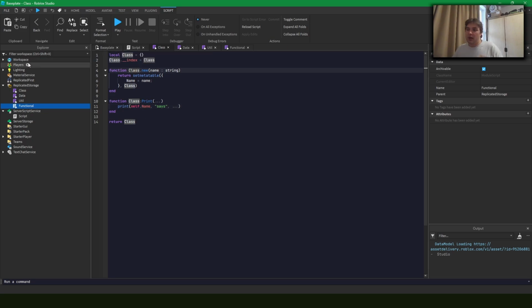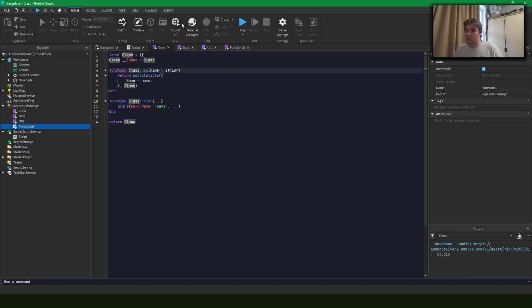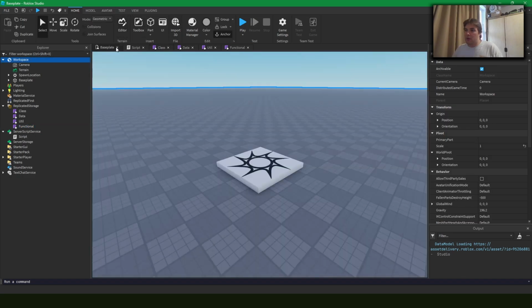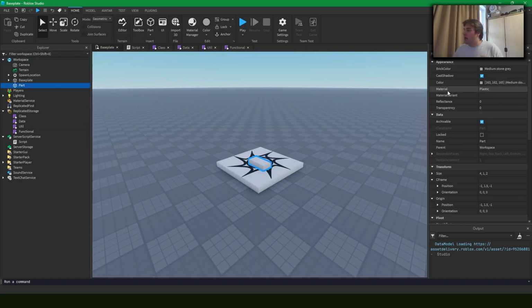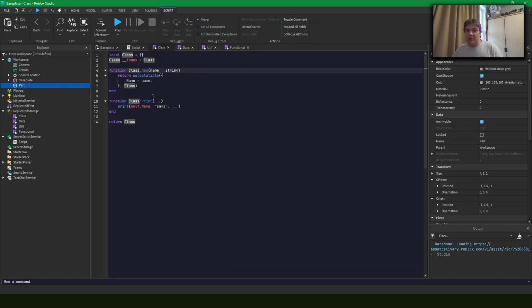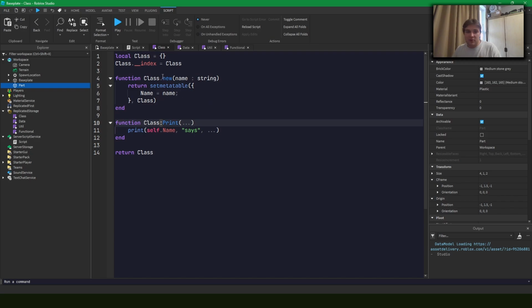So essentially, like a part in the workspace, a module script can have data like a name or a transparency or a size, all of that, but we represent it with code. This also brings up a key piece of module scripts, which is the difference between here,